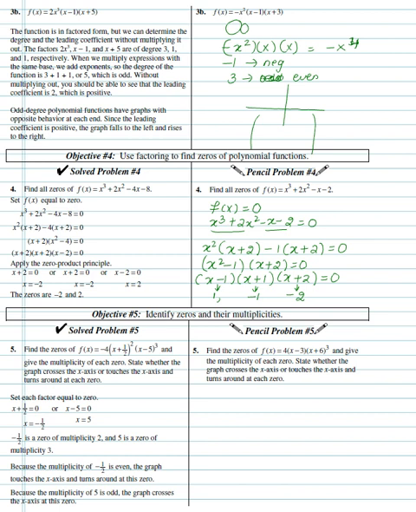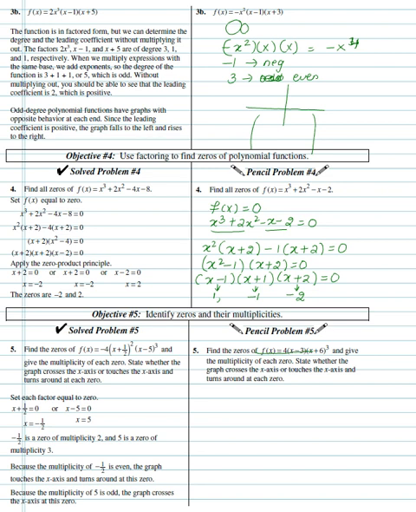Find the zeros of f of x and give the multiplicity of each zero, and state whether the graph crosses the x-axis or touches the x-axis and turns around. So now, to find the zeros of the polynomial, we need to factor it. But this is already in factored form for us, so we don't have to factor it. So what I do is